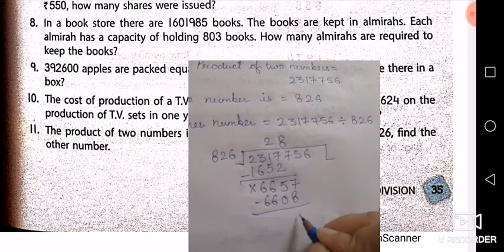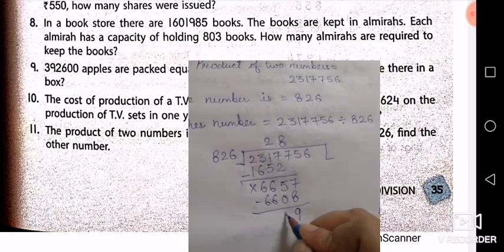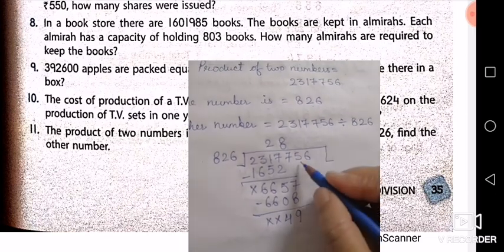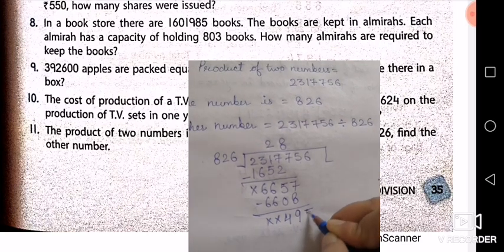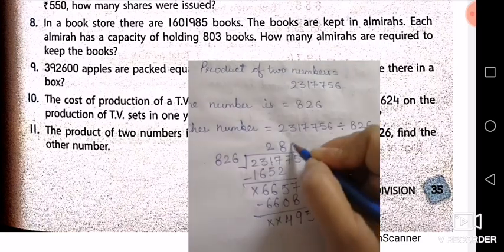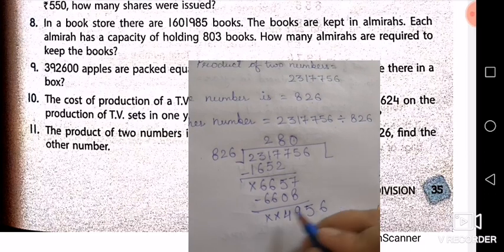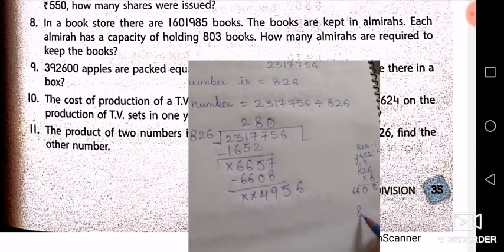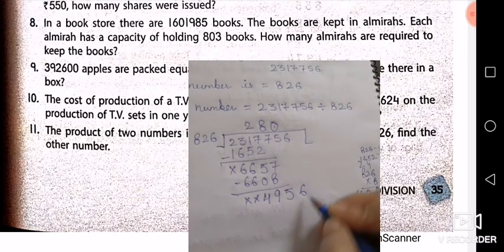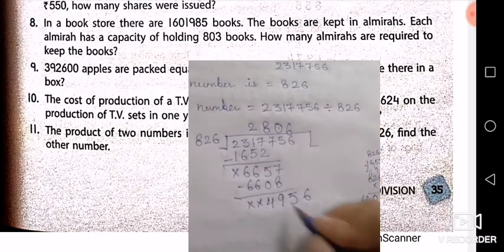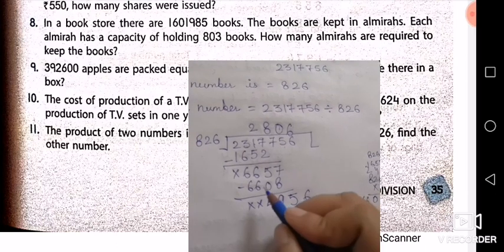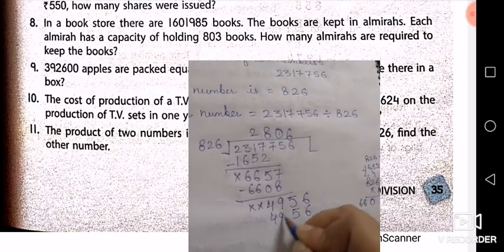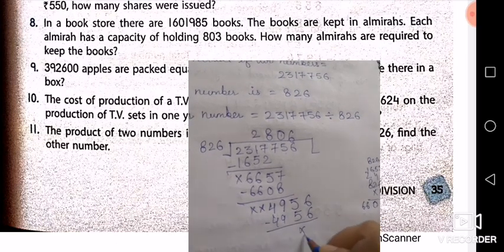Now do the subtraction. 17 minus 8, what will you get? 9, and this will become 4. Nothing will be left here. Now what will get down? 5 will get down. Now 495 is smaller, so we'll put a 0 here, and 6 will get down. Now 8 6s are 48, so it will go 6 times. 6 6s are 36, 3; 6 2s are 12, 13, 14, 15, carry 1; 6 8s are 48, plus 1, 49. Now nothing will be left.